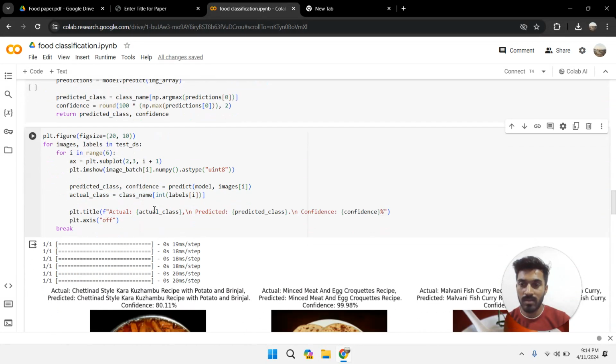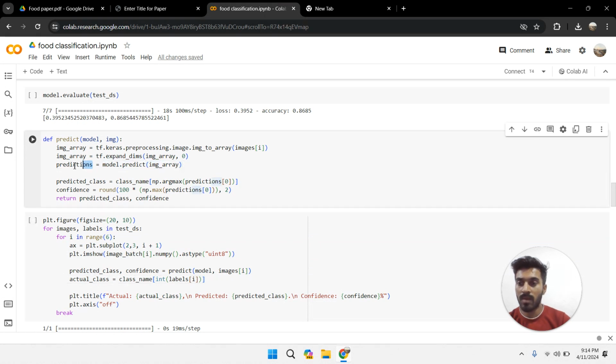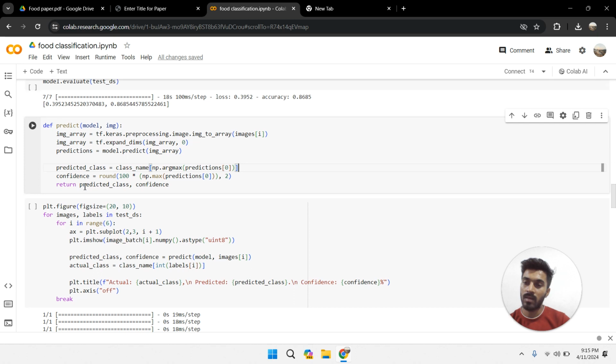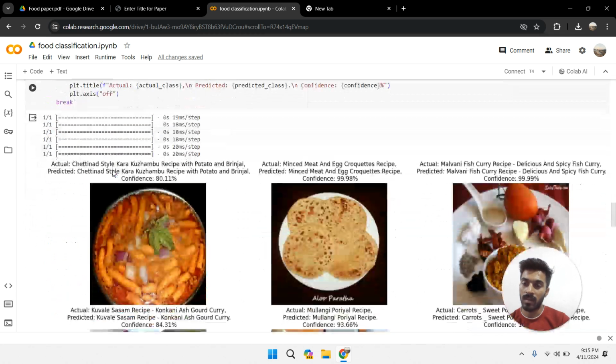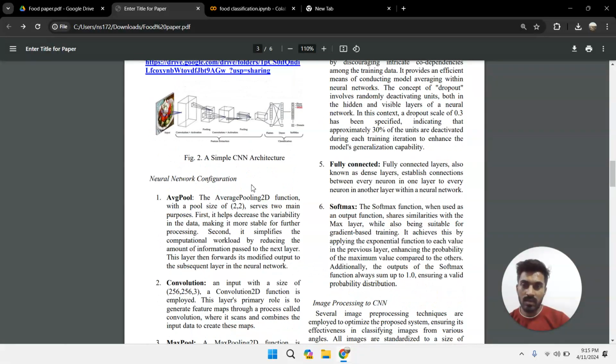For the confidence, basically we have a function like np.max. Firstly we have to call model.predict, and this will give a prediction in a softmax activation function. So according to the softmax activation output, we compute the confidence, basically the max prediction. And here we use np.argmax, which gives the predicted class, the class that we have fallen in. That's how this will work, and this is very easy as of now.